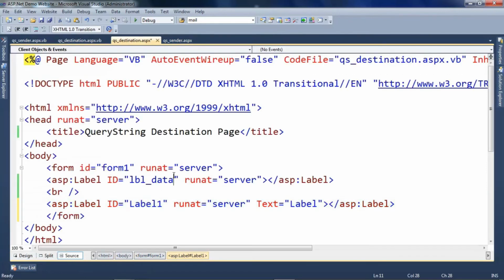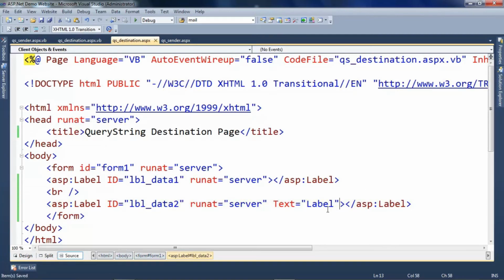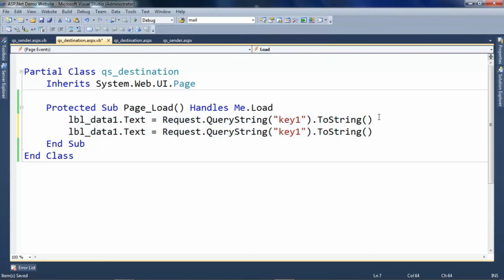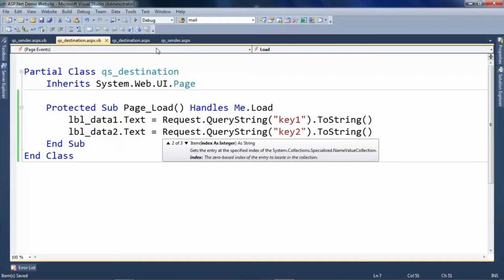So now I'll make it data 1 and I'll make it LBL data 2. Again, the text of this thing is not necessary, so I'll delete it. And some minor modification will be LBL data 1. I'll just copy this and I'll paste it over here, data 2 and key 2, right?